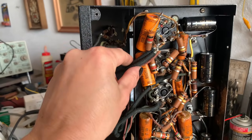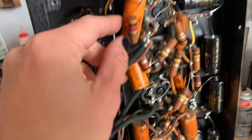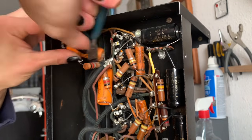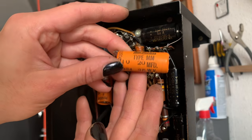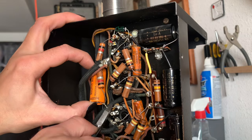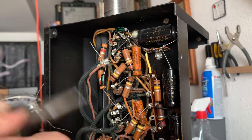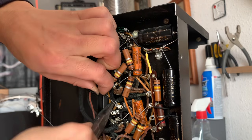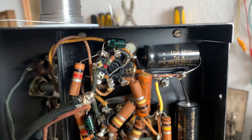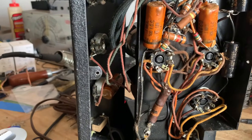Now I'm also going to just go ahead and change these remaining two electrolytics, which are the cathode bypass caps in the preamp, just because they are leaky and I'm going to have to change them anyways, so might as well do it now. We've got the 2 bypass caps in. Now I'm just going to give the amp a quick service and then change the power cord, and then we'll be